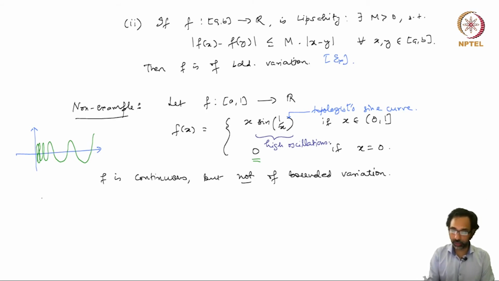But this oscillatory nature of sin(1/x) breaks the bounded variation, because there are infinitely many ups and downs in this curve as x goes to 0. So, I would like you to make this argument precise, prove this, and in fact show that